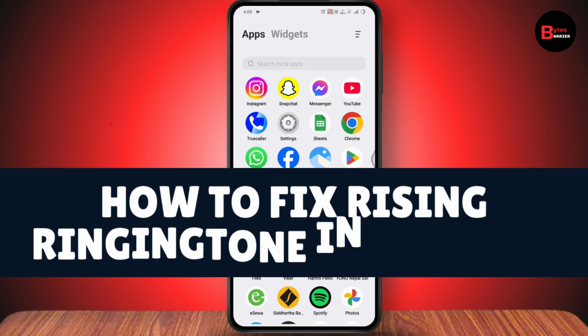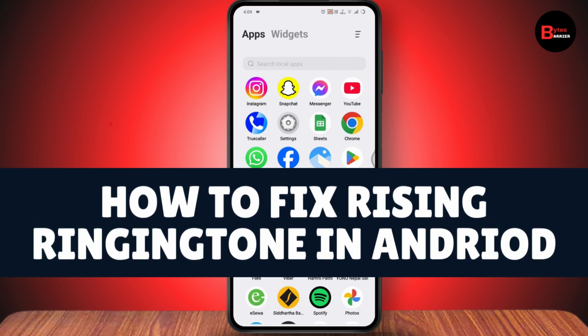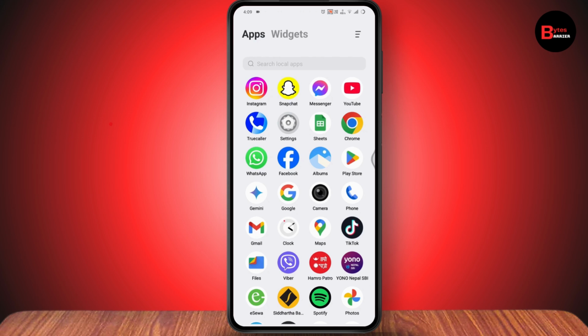How to fix rising ringtone in Android. So if you want to fix the rising ringtone in Android, then what you need to do is just open